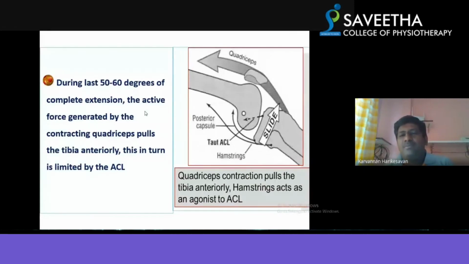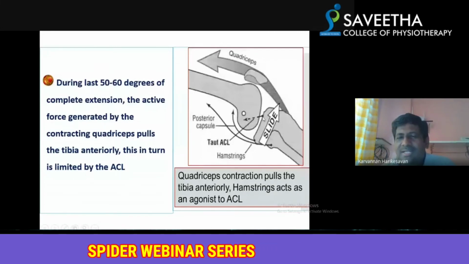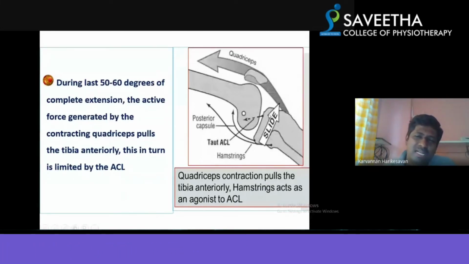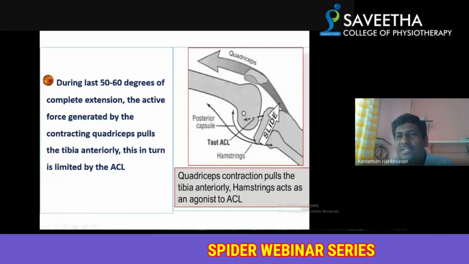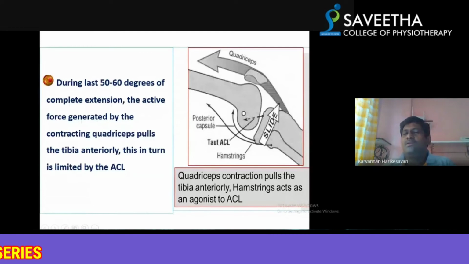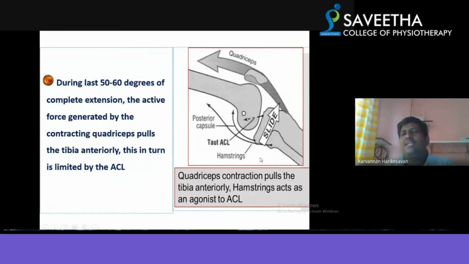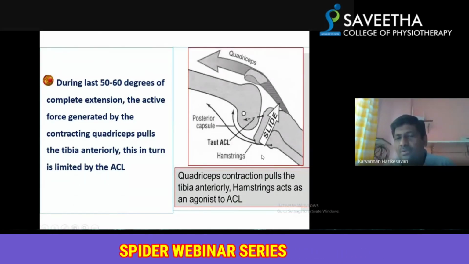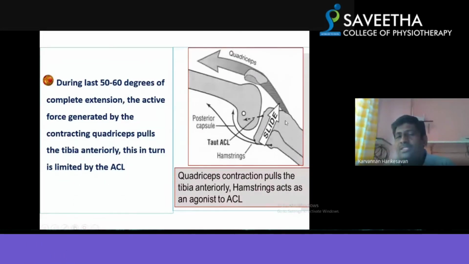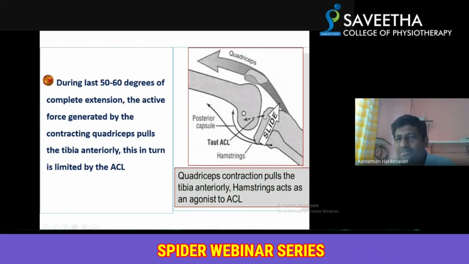And regarding the maximum strain, studies have shown that the ACL takes more strain at terminal extension. Some books or articles say 20 to 40 degrees gives more strain, but many studies say that at 15 degrees there is excessive strain. Also remember, when the knee is at about 90 to 60 degrees, or 90 to 30 degrees, the strain on the ACL is very, very less. When we do an extension from 90 to 0 degrees, the maximum strain is noted at terminal extension, or we can say 15 degrees.